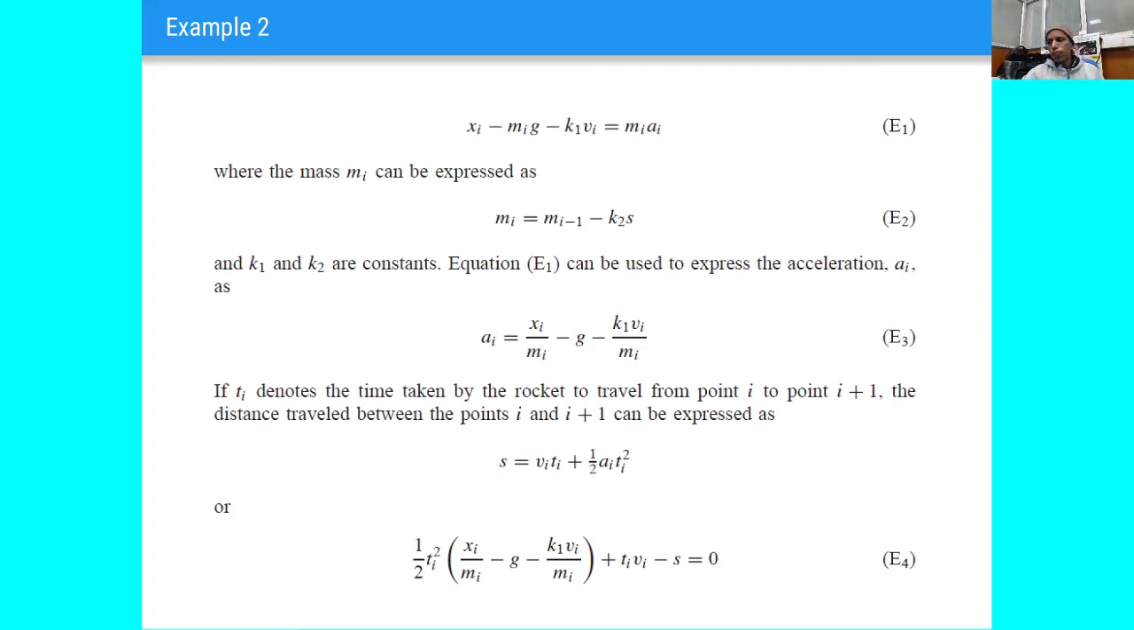Yes, somebody is asking. This equation number 2. Okay, so